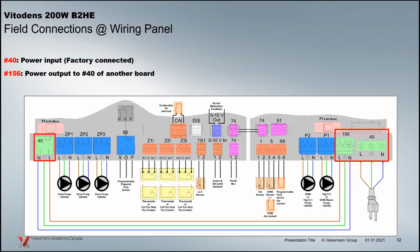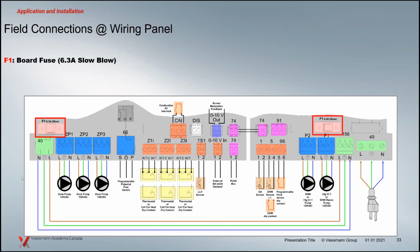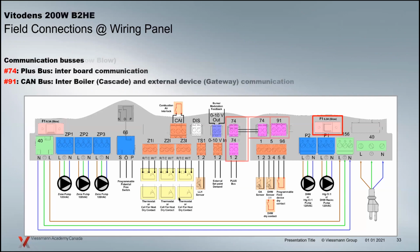Once we plug that in, this 156 plug here is daisy chained over and plugged into the 40 input of our panel here. And that powers up the MZIO board here. We have a 6.3 amp fuse on both of the boards. And those are basically fuse protecting things like the pump outputs here, et cetera. So there's a load on these already, and there will be more load if you add those pumps on. The communication,